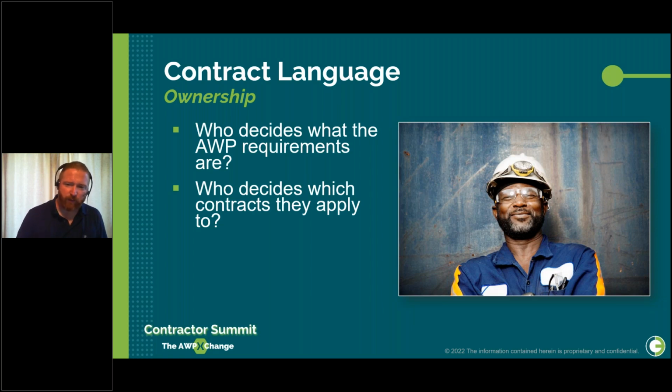As for the second question, which contracts it applies to, typically this is done as an assessment of value and intent. For example, if you have a large project and a significant portion of your work is being done in a mod yard on another part of the world, are you going to insist on AWP at that mod yard? So that might depend on the owner's maturity in terms of AWP and whether that mod yard is being assessed as a particular point of risk for the project. It might be a way for the project to defray some of the risk with that mod yard execution by saying we're going to do it, or it may not.